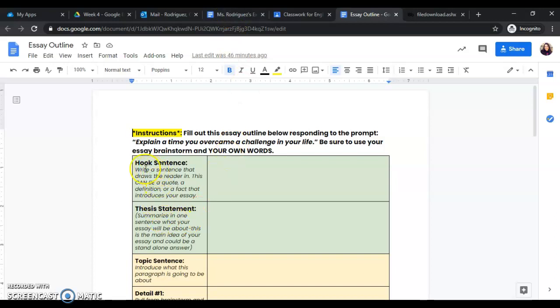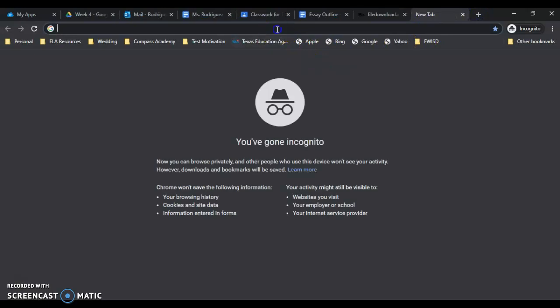So already I'm looking and it says hook sentence. Write a sentence that draws the reader in. This can be a quote, a definition, or a fact that introduces your essay. So when I'm thinking about a hook sentence, I really like using quotes. You guys don't have to use quotes, but as you've probably already noticed, I love quotes. So I'm just going to type in here in Google